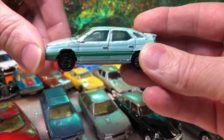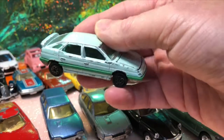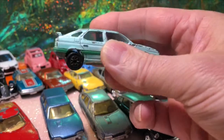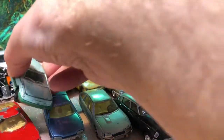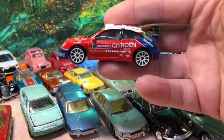A very delicate boot lid on that one. But funny sort of seafoam green, or blue, or whatever it is there. It's the only model of that I have, unfortunately. I wouldn't mind getting a better condition version of that. And something that